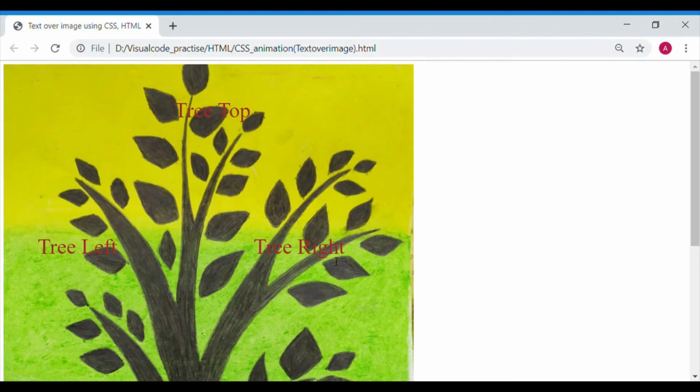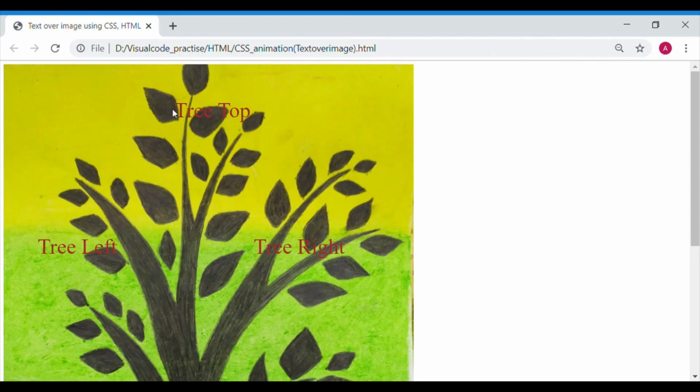The steps are very simple. We have defined the div class which holds the image and the text to be placed on the image in HTML. Then we have given the styling for the overall container. Here we have given the position for the container as relative. Then we have given the styling for the individual text items.